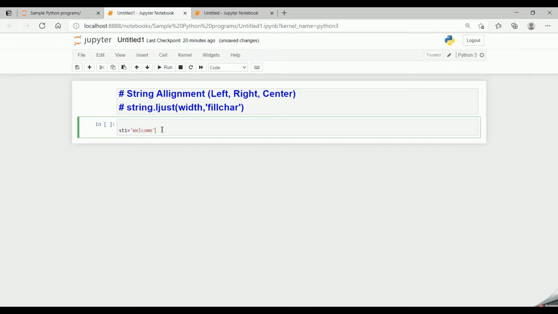Suppose my st1 string has the value welcome. The length of the string is 1 2 3 4 5 6 7. Now if I want to left justify my string, the syntax is print st1.ljust, and within parenthesis I'm passing 20, no fill character.